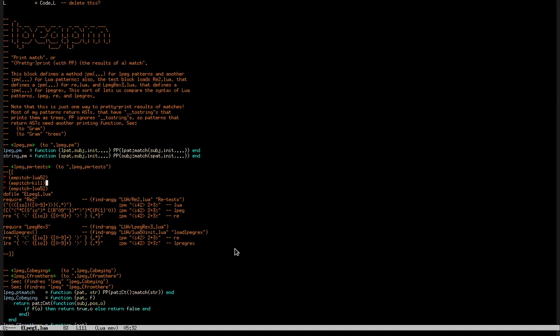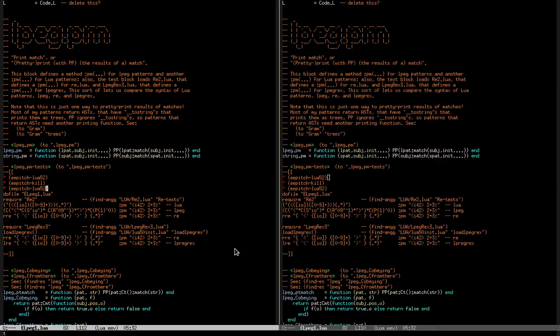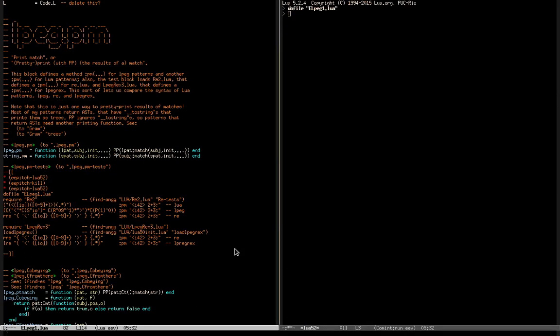See this example here. If we run this, it loads my version of LPeg, my version of LPegRex. And it shows that when we apply the PM method to this Lua pattern, this LPeg pattern, and this Re pattern, they all give the same results.